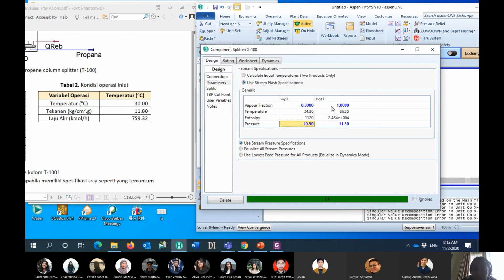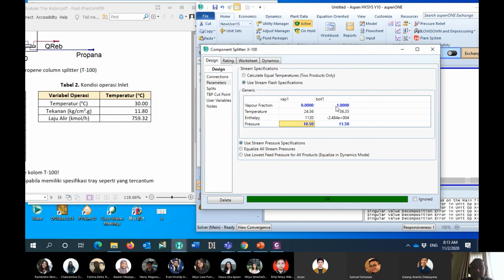So it means that, to know the operating temperature that I have to provide in order to change the liquid coming to the reboiler into vapor, I have to set the vapor fraction in the reboiler to 1. This will be the highest temperature that I have to provide in the reboiler in order to change the phase of the liquid into vapor.